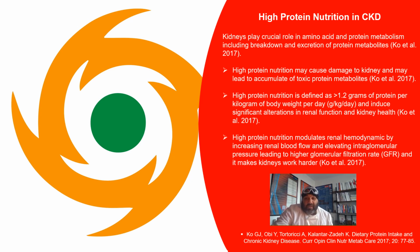High protein nutrition has been highlighted in the literature, and in works by Coe and team in 2017, as follows: any protein intake of more than 1.2 grams of dietary protein per kilogram of body weight per day can induce significant alterations in renal function and renal health. High protein nutrition can modulate renal hemodynamic aspects, increasing renal blood flow and elevating intraglomerular pressure, leading to a higher glomerular filtration rate, or GFR,